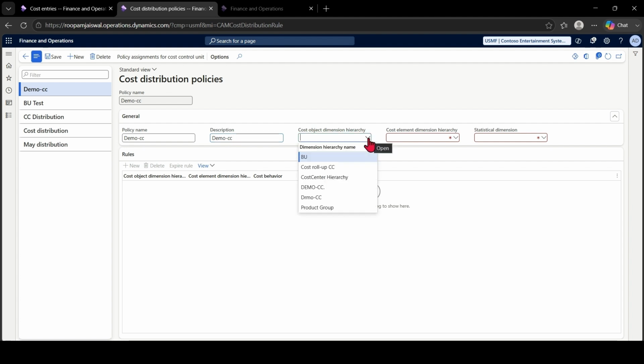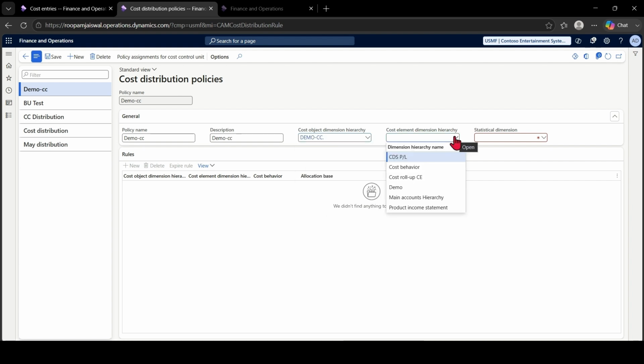In the cost object hierarchy, I will give the demo CC which I'm using. You need to be very careful about the link with the account and the ledger, so provide the same detail as well. In the cost element dimension hierarchy, I'll use the demo one. Then we have the statistical dimension, statistical element.